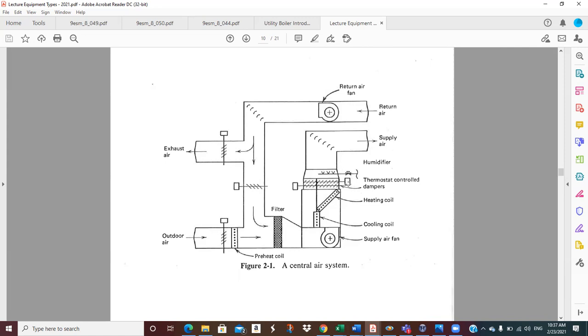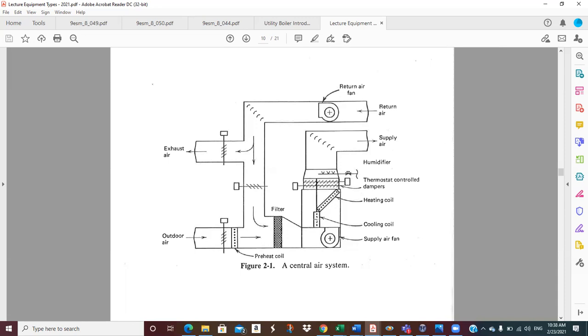By adjusting these dampers, they will adjust the amount of cold air that gets mixed with the hot air to provide the temperature that the thermostat is calling for. And so you're mixing hot air and cold air. Well, now this is kind of the way we did it in the old school, because this is called reheat,